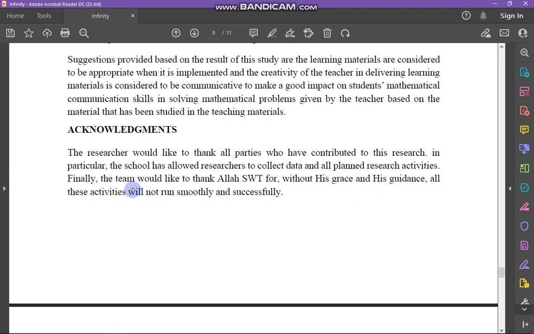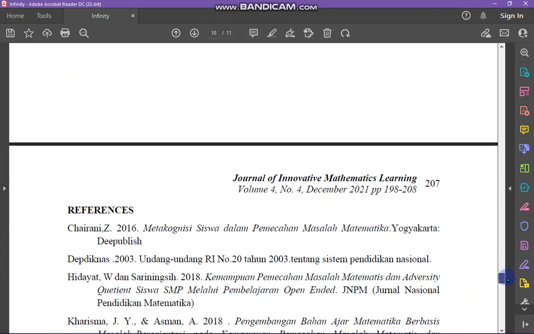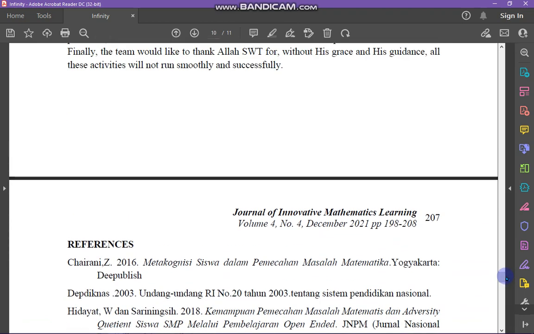And also, the team would like to thank Allah Subhanahu wa Ta'ala, for without His grace and His guidance, all these activities would not run smoothly and successfully. And then the reference,